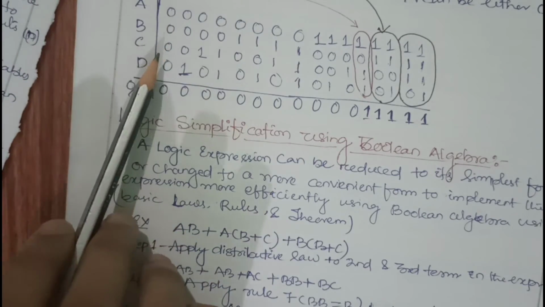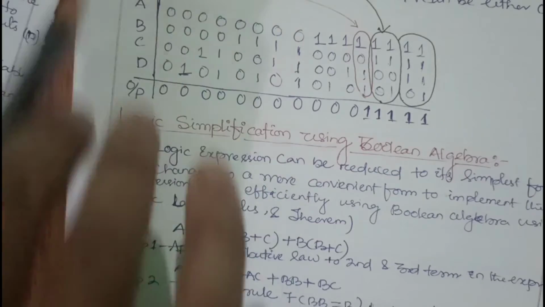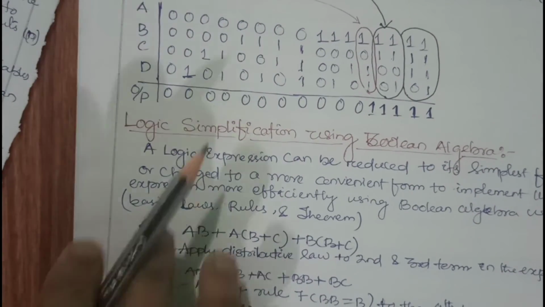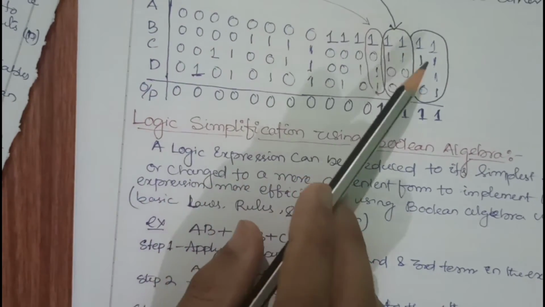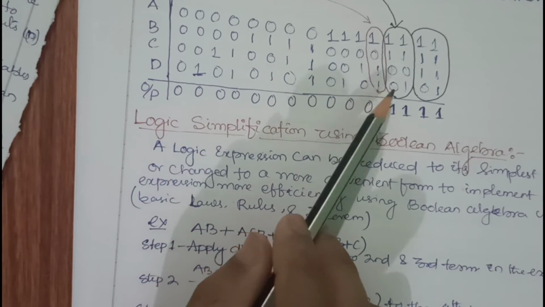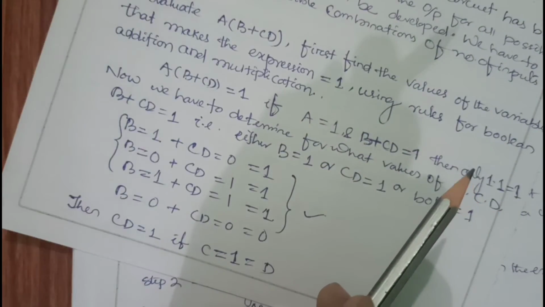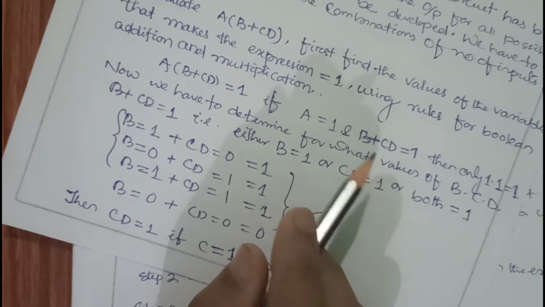So you see there are the 16 possible combinations. I wrote it horizontally, but it should be vertical, it looks clearer, but we can check. It is written as 1, 2, 3, 4, 5, 6, 7, 8, 9, 10, 11, 12, 13, 14, 15, 16. Now you have to check for what values of my input, my output should be 1.